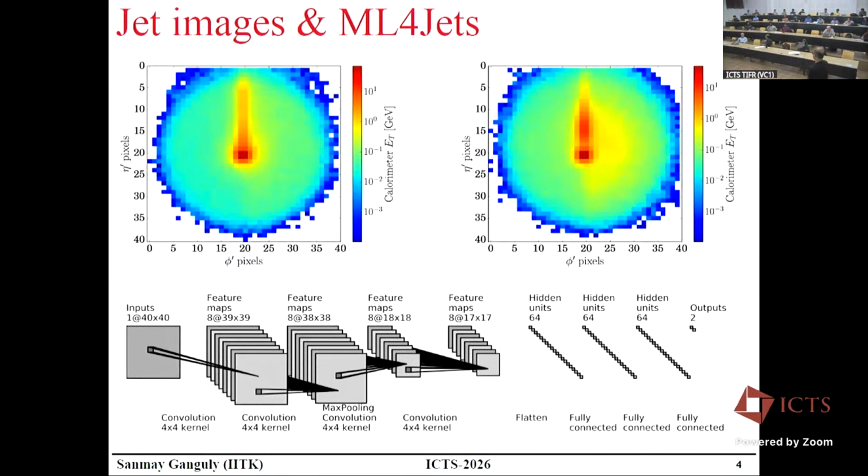Sir, on saying average, do you mean you take the jets from different events and sum it up and average it, or taking the energy from different calorimeters and averaging it? So you take all the jets from all the events. So it is from many events then. Many events. Okay. So when you take an average, it's an average over many possible jets.